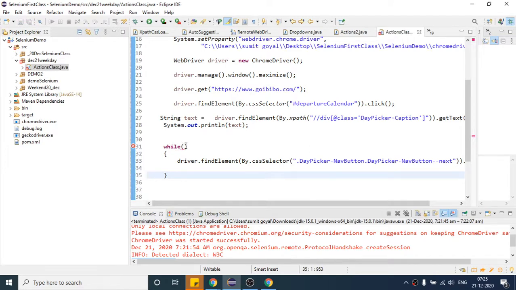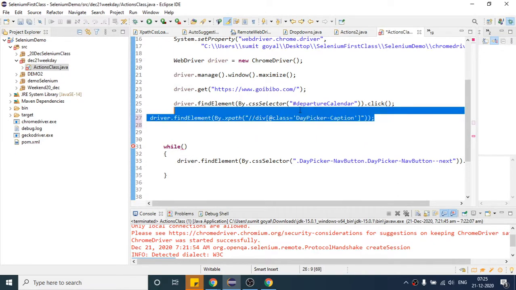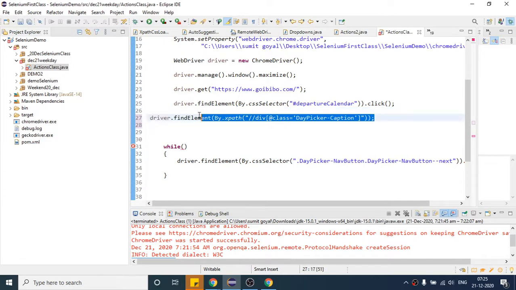Here I will copy this, or let me do one thing, let me not print this now. If I remove this one as well, this whole statement is nothing but a web element. Everything on the web page is a web element, as we know.